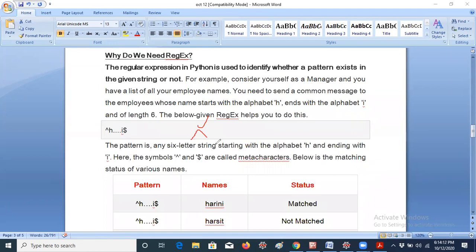I don't want to name it, because we have that name in a different way in Python, you know already. I'm giving dot dot dot dot dot, and I'm giving I, and starting I'm giving H, and I'm giving dollar. You just forget about H dot dot I something. You just remember this symbol and the dollar symbol. Basically some students call this a power symbol, but it is not a power symbol.